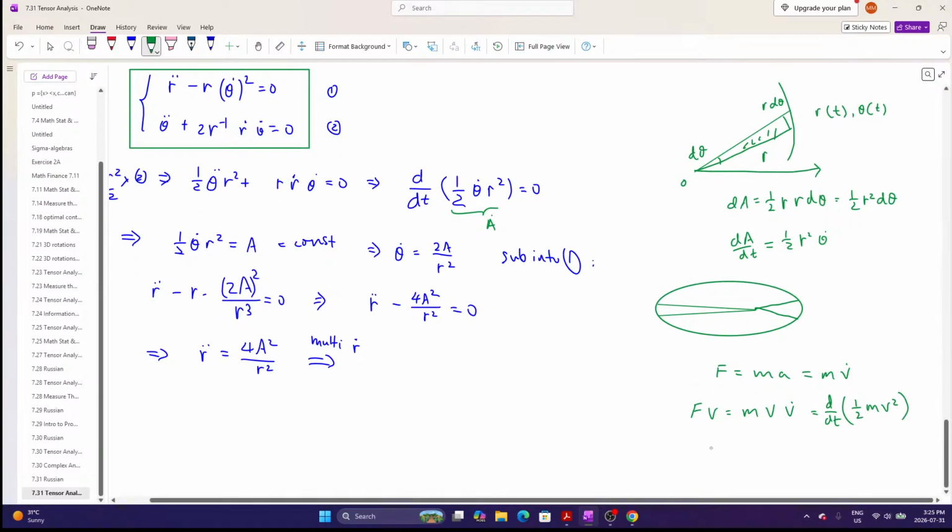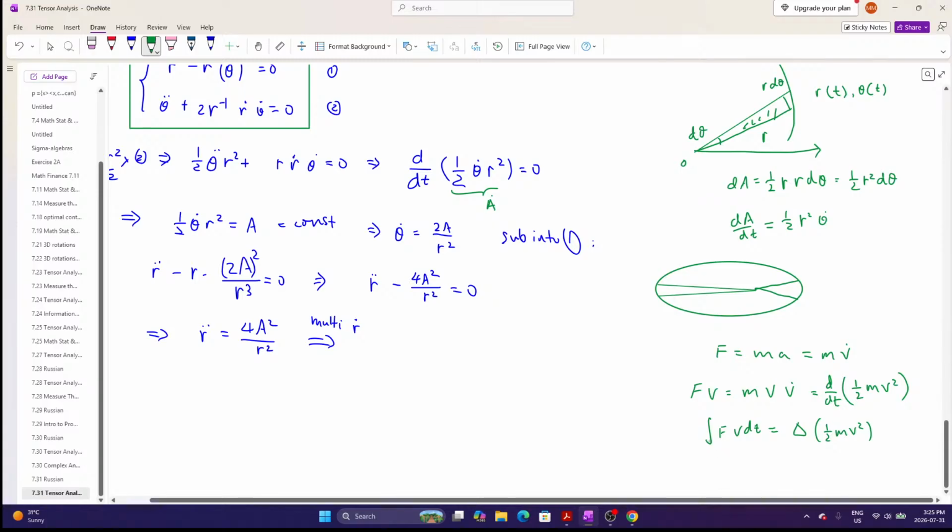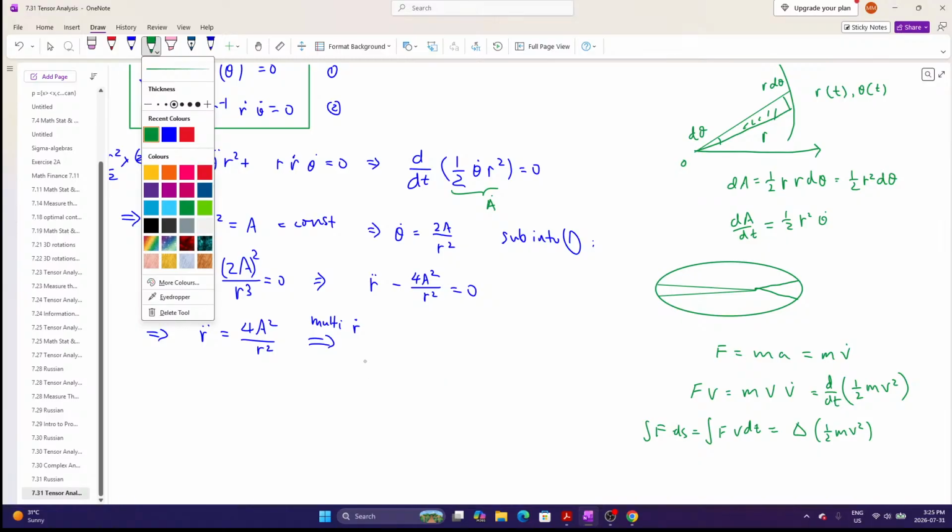So there's that, and you want to integrate this. You get the integral of F v dt equals the change, delta, of half m v squared. And what's this? Well, v dt is just ds, so this is the work, the integral of F ds. This is work. But it's the same trick. You multiply v on both sides. Here I'm multiplying r dot on both sides, just stripped of its physical meaning. Same trick. All right, so let's do that, and you get r dot,